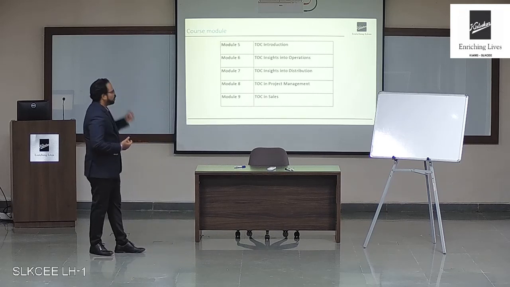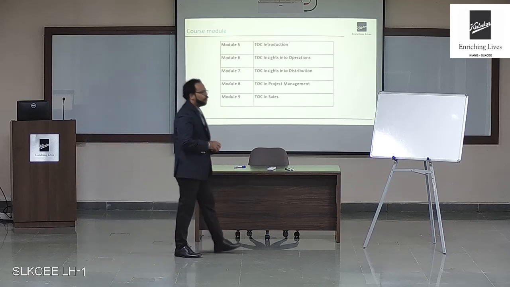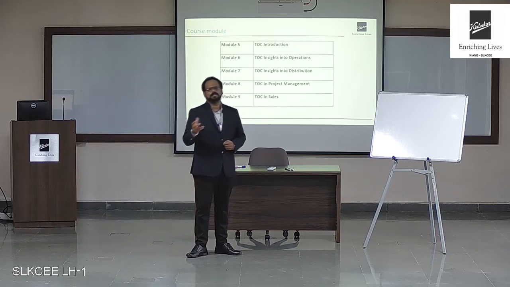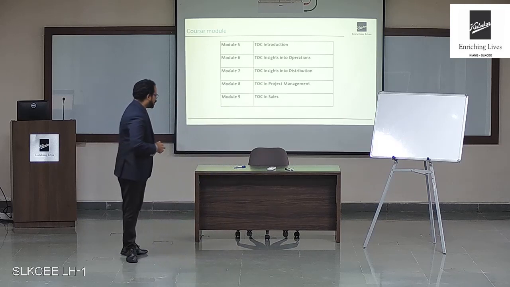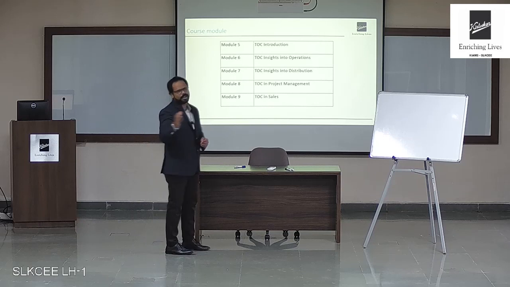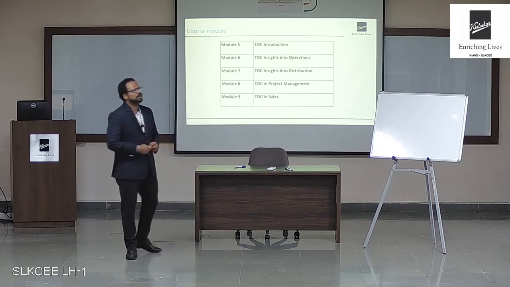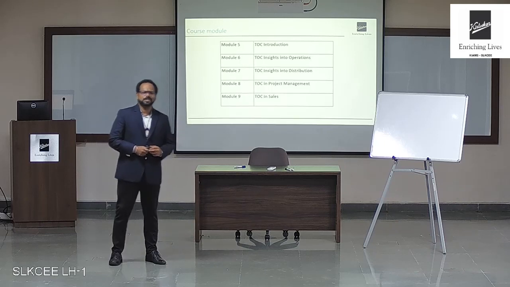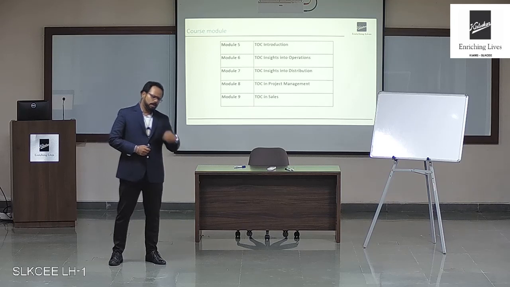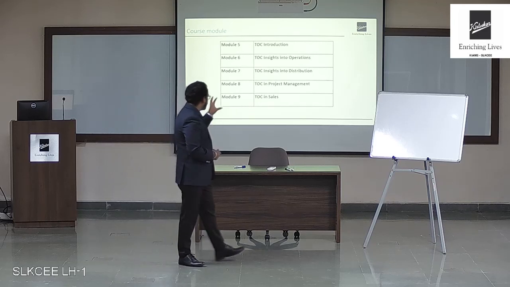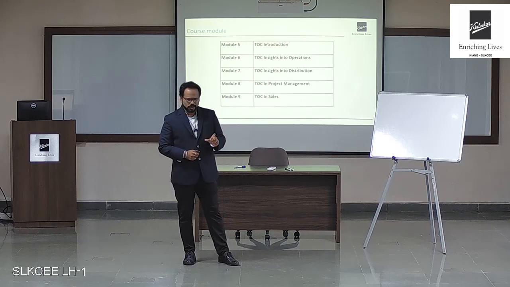Then we have module number 6, which speaks about how theory of constraint is used in operations. We'll be seeing here the drum buffer rope concept, the DBR concept. Then we'll be going into understanding theory of constraint in distribution, because like the example which I gave about Tata or about Kurlon, it's specifically about how the improvements have been made in distribution, how the processes were improved, how